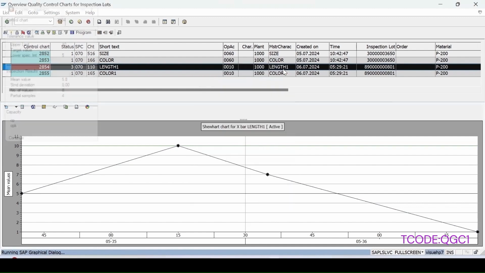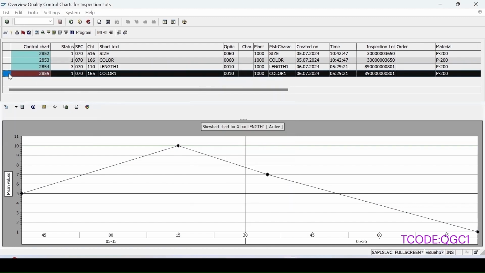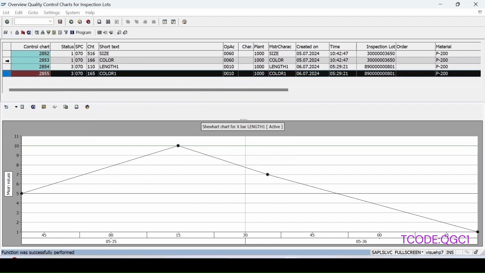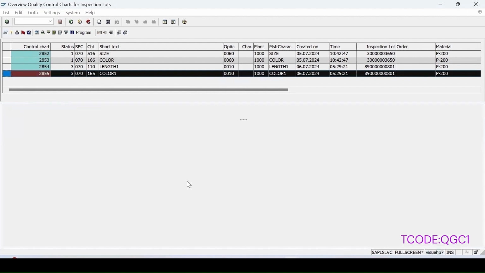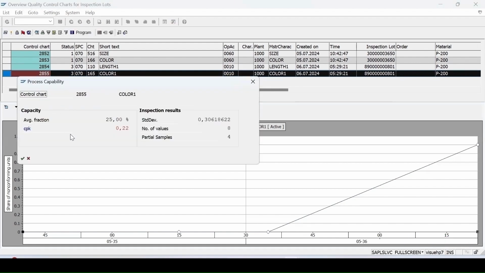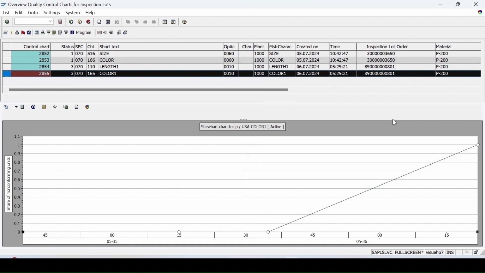And if I select this and click on activate first, the status is changed to 3, and then click on call control chart, then it will draw the chart. Click on this, it will display the CPK value. Here we used 89, but in real time they actually use chart creation for the in-process inspection, in which the material